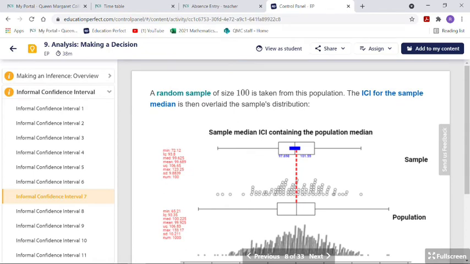So here we go. You're going to get your informal confidence interval. It's going to be a little blue line right in the middle. It's going to go across your median, right? And you're going to see that the population median here is included in the length of that blue line. So that means that this range does include the population median, which means that you can be pretty certain that you can write a conclusion based on your sample. Okay, and we'll talk again about how to exactly write that in just a moment.